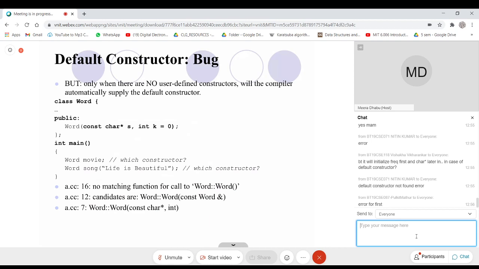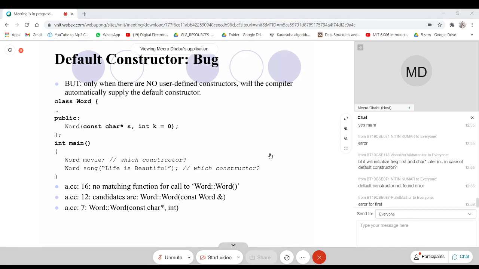Always remember that the compiler will generate a default constructor only if there is not a single constructor given in the class definition.